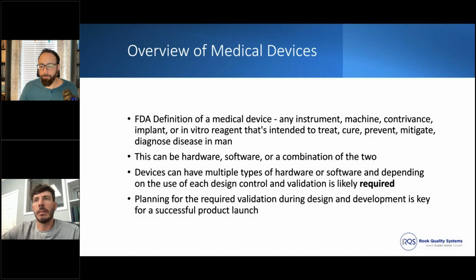So the high-level definition of a medical device, and this is from the FDA, is any instrument, machine, contrivance, implant, or in vitro reagent that is intended to treat, cure, prevent, mitigate, or diagnose a disease. So it's very broad, but it can also narrow down specifically what you're doing. And within this scope, this can be hardware or software or a combination of the two. Devices can have multiple types of hardware or software, and depending on the use of these, design control and validation